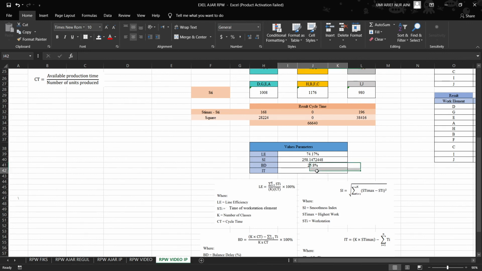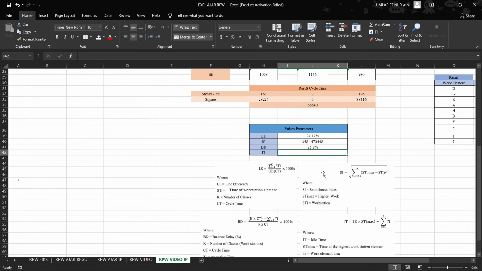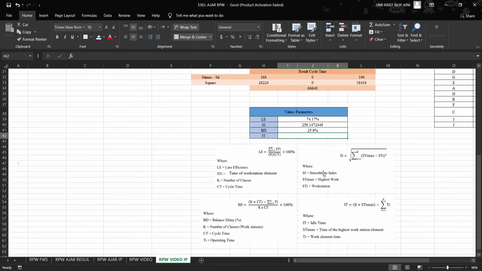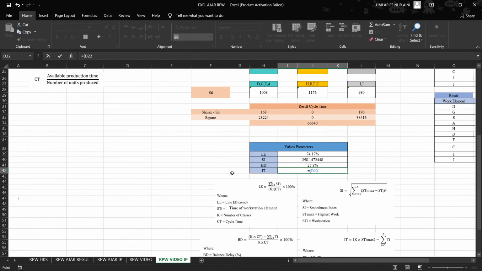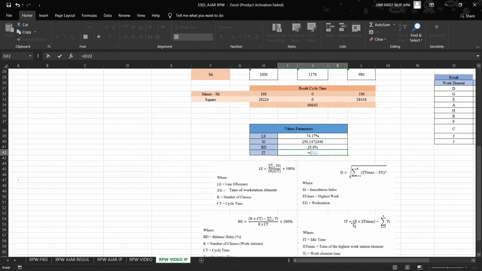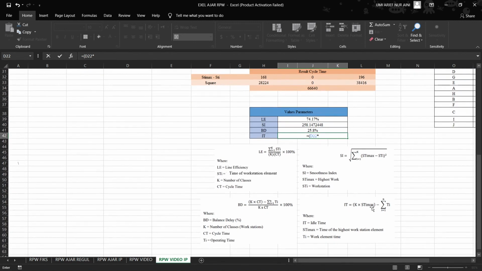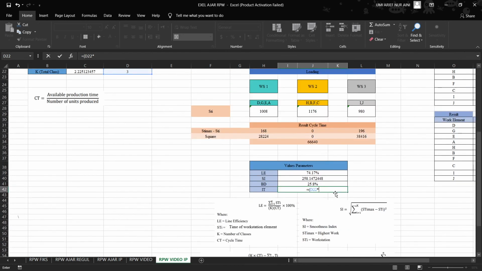Okay, the last parameter is IT, idle time. For the formula of idle time, K is 3, and then multiplied by STI max, which is the time of the highest workstation element. The highest workstation element is workstation 2.